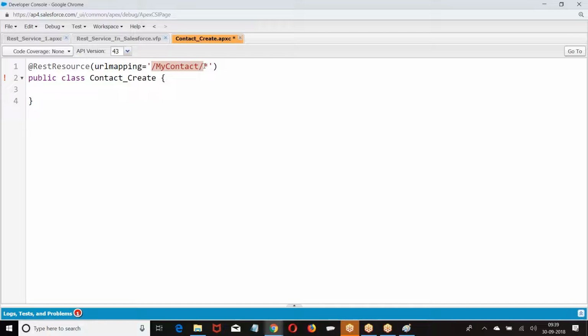I may or may not pass. So I give slash star. You can give a number of parameters or 0 parameters. Then anything that you define as a REST, there has to be what? Global. Now I am giving @HttpPost. I give HTTP post. Global string